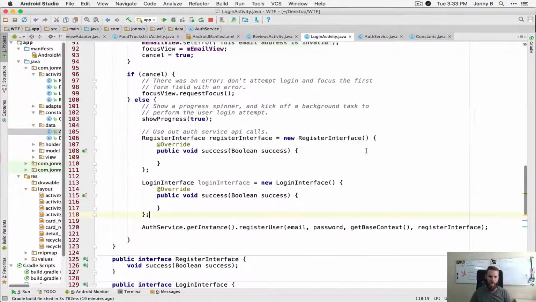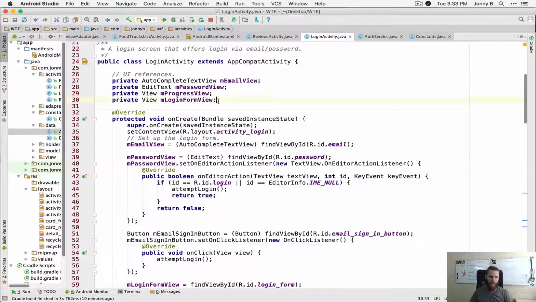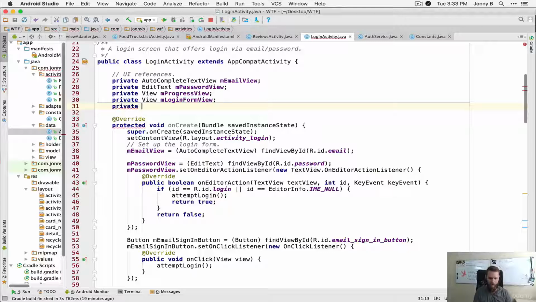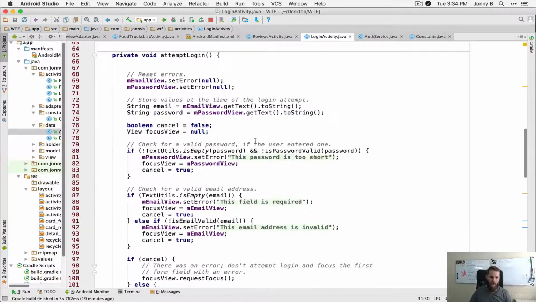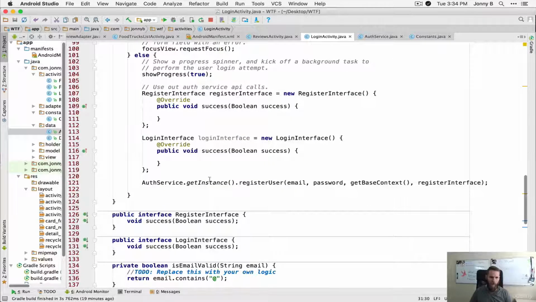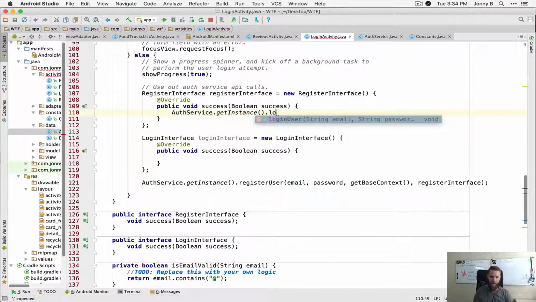So coming back here into our login activity, let's create a string for the auth key here. So I'm going to say private string auth key, or auth token, I should say. And then down here in attempt login, so when our register user is successful, that is taken care of right here. So this is where we want to call our login API call. So I'm going to say auth service dot get instance dot login user, and we're going to pass